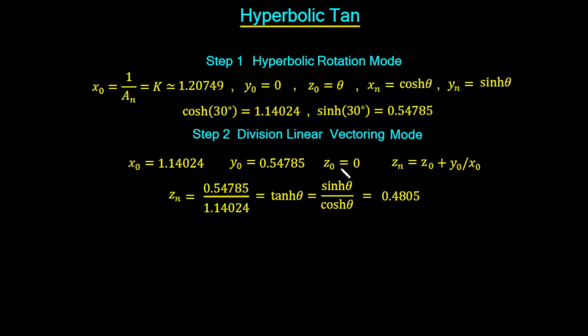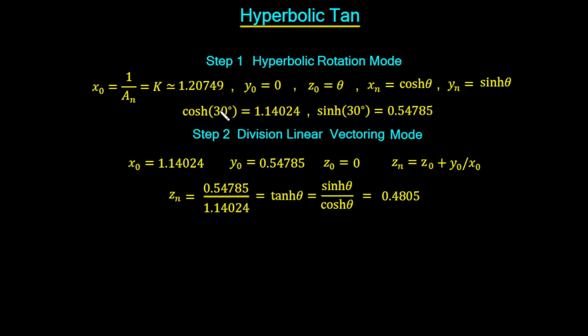The angle z0 is going to be a value of 0. The final output is Zn is equal to Z0, which again is 0, and it's Y0 upon X0, so it just divides these two numbers out. So whenever we divide them out, we should get the value, which is tan theta, which is equal to 0.4805. So let's work through this in the graphical calculator,